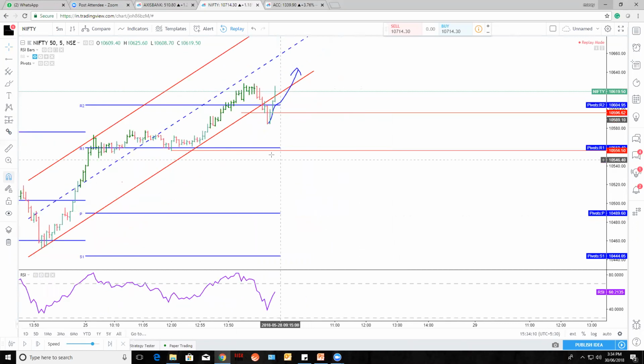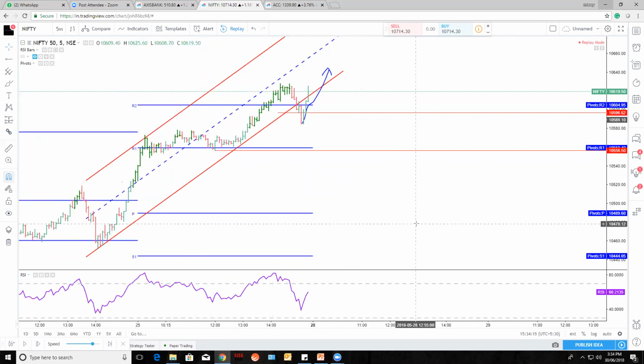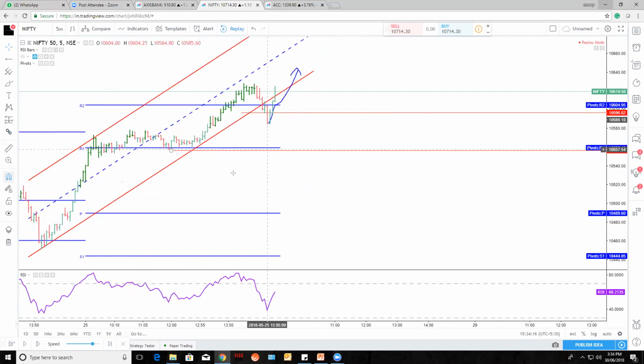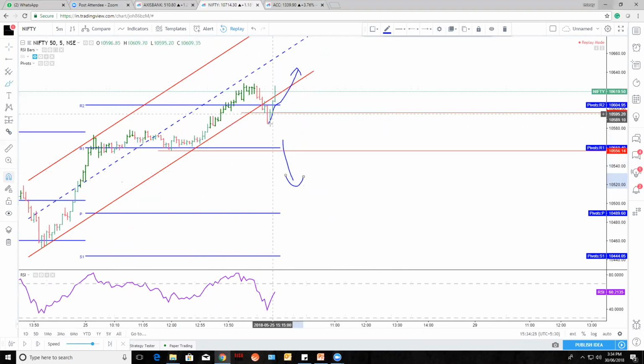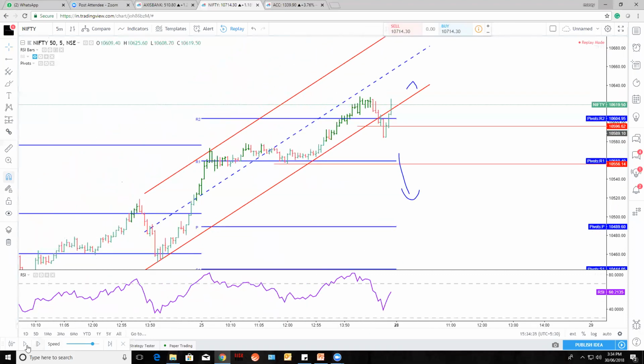Let's take, this is a pivot point now. This is R2 and R1. This is the support of pivot. At least these two points are coming similar. At least it needs to break this low, or else this candle's low. So what happened further, we will see. It's a 5 minute candle in Nifty, guys. So we'll see further what happened.